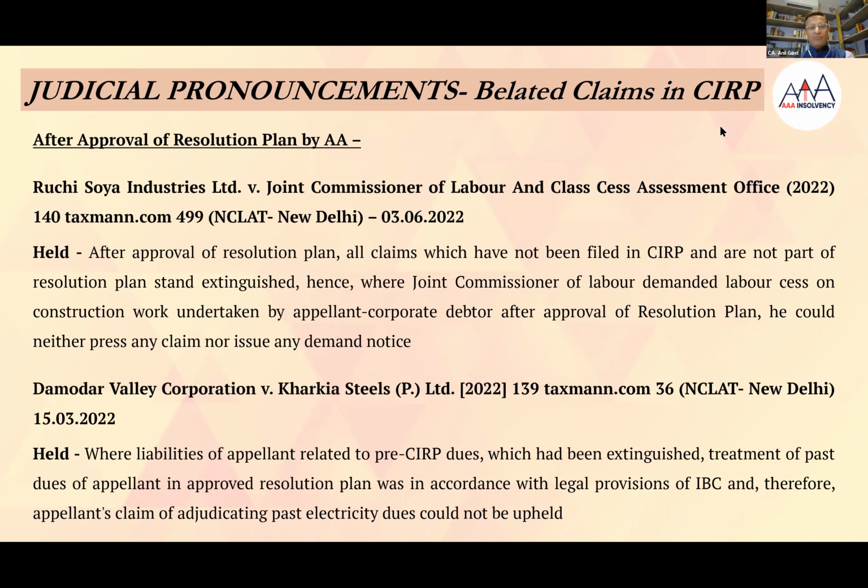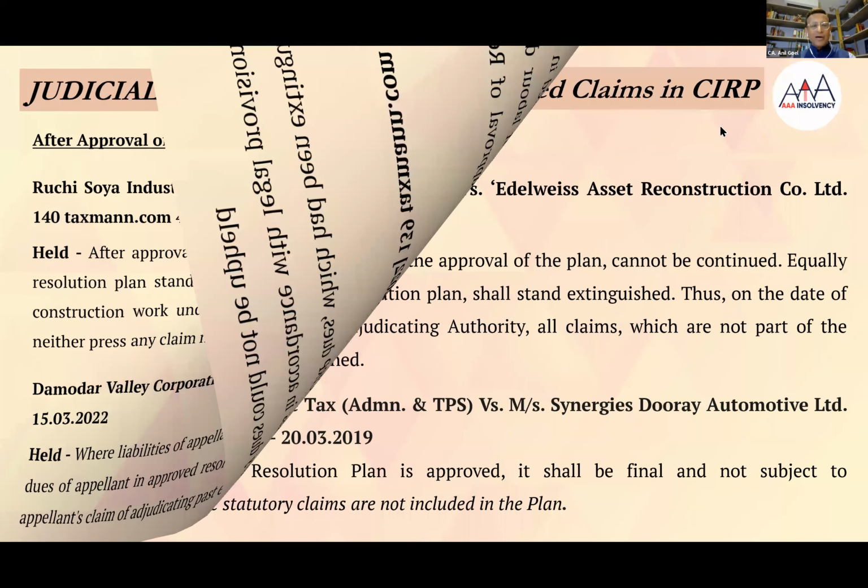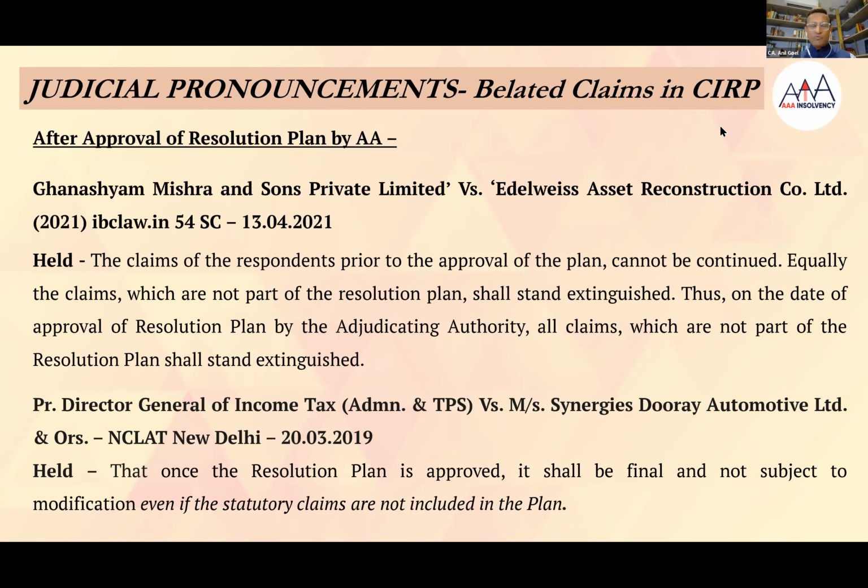So as we have seen, the labor commissioner, the demand from an electricity authority, the operational creditor, and the home buyer. All these cases are after the approval of the resolution plan. In the case of electricity dues, not acceptable. In the case of labor commissioner, not acceptable. In the case of operational creditor, not acceptable. However, in the case of a home buyer, it is the duty of the RP to provide it in the information memorandum, and it is the duty of the RA to again consider that. So we can take up any questions, Ankit, because I can see